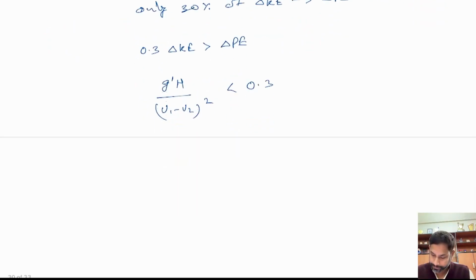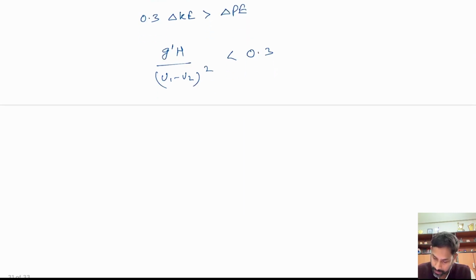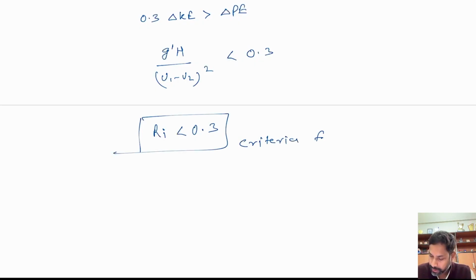So this should be smaller than 0.3, or in other words, your Richardson number is smaller than 0.3. This is the criteria for complete mixing of